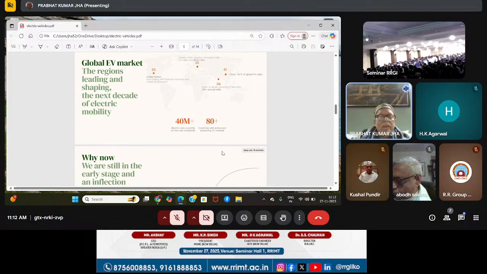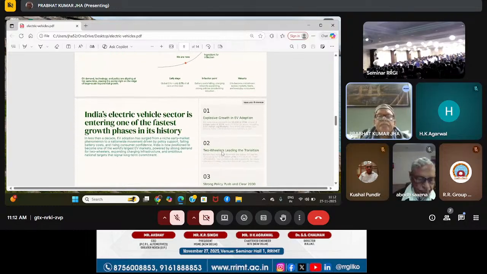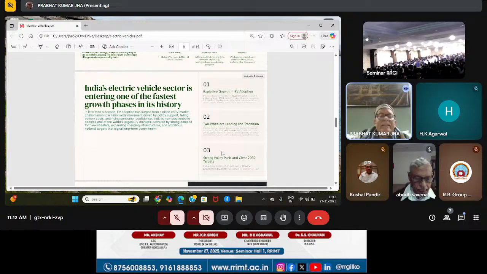So you will have to see all these things. India's electric vehicle sector is entering one of the fastest growth phases in its history. In less than a decade, EV adoption has surged from a niche early-market phenomenon to a nationwide movement driven by policy support, falling battery costs and rising consumer confidence. India is now positioned to become one of the world's largest EV markets,